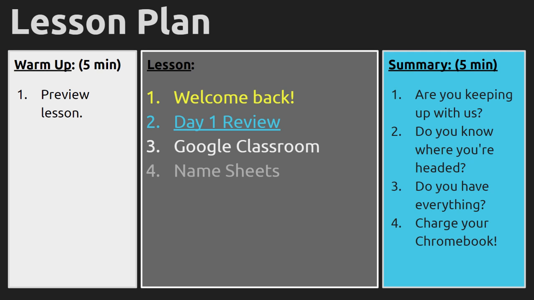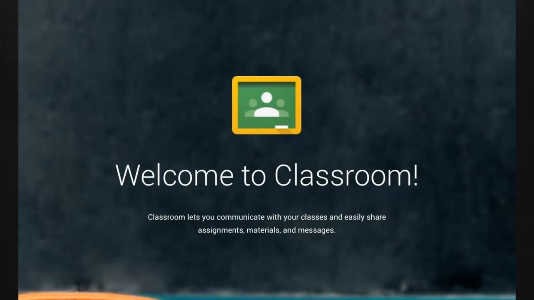So the plan, after the welcome back, we do a quick day 1 review, pointing out the embedded screencast that you're hearing right now and where it's located in that slide. We get into Classroom, get everyone enrolled, and then we introduce you to the name sheet activity in the final minutes of class. So here we go. Welcome to Classroom. We're going to pop onto Classroom through Clever. So access your Clever page up in your bookmarks. Hit the plus sign in Classroom, and I display the classroom code in class for each individual class. So all students are then enrolled. And then we take a tour of where to find things on Classroom, and that will be a separate screencast that I'll post later.